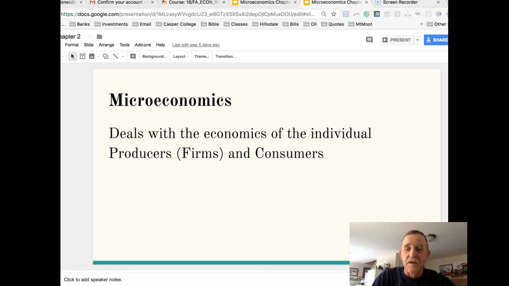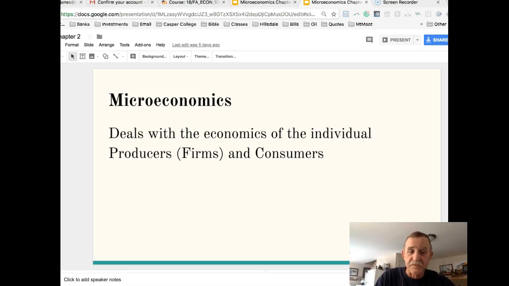We were on this slide here, microeconomics, and that's the major field of study for this particular course, and that's what we're going to be diving right into for the next 14 weeks, I guess, 13 without finals. Microeconomics just deals with the individual producers and the consumers. So we're talking about you, the consumer, and maybe you when you get out of school and you start your own business, and you're the firm and the inputs and things like that go into it.